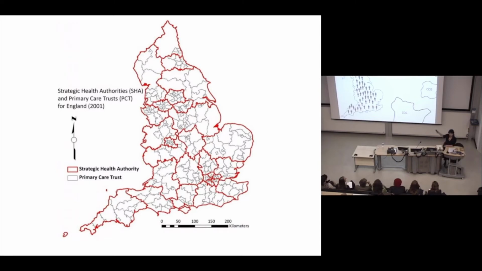Because the way you get into a CCG is no longer by being a resident with an automatic entitlement. It's by joining up with a general practice. It's a member, so CCGs are membership-based, just as insurance companies are membership-based, or the AA is membership-based. So you have to become a member, and the only way you can become a member is by joining a